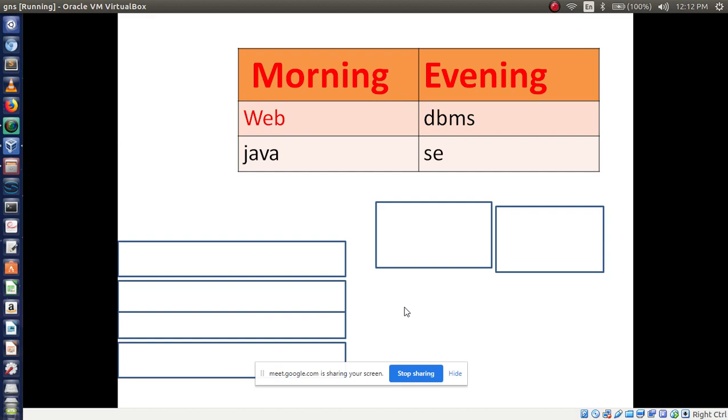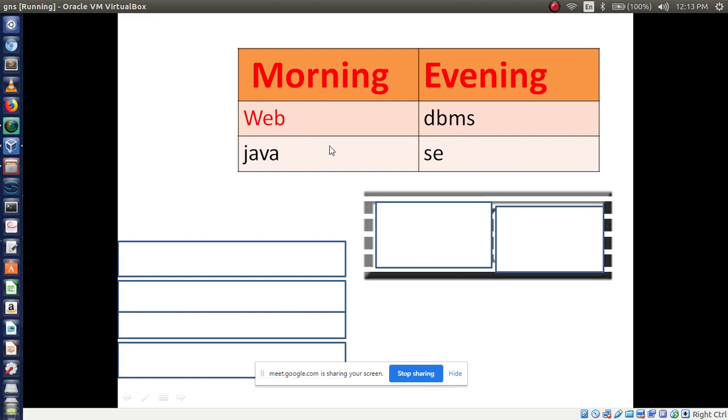If you want to create this table in html, how are we going to create it? First, we have to define a table. A table basically looks like this, right? A square box. Now I want to display the border of the table. For that I need to code. Table followed by border, which is an attribute.